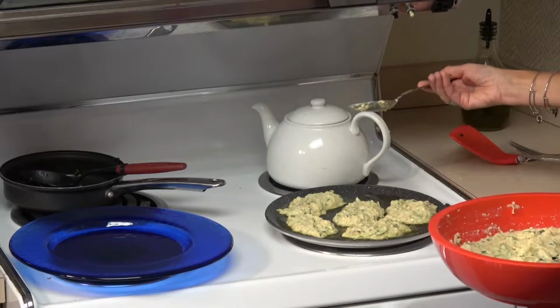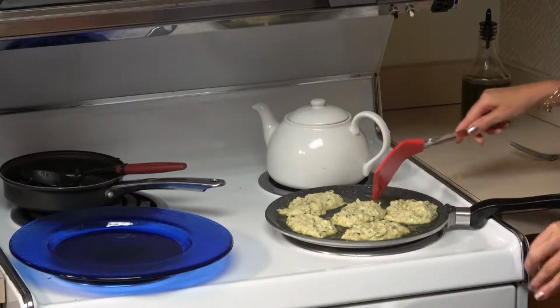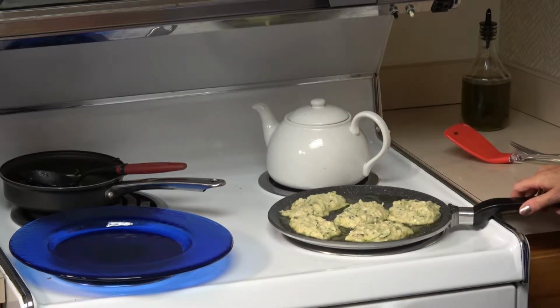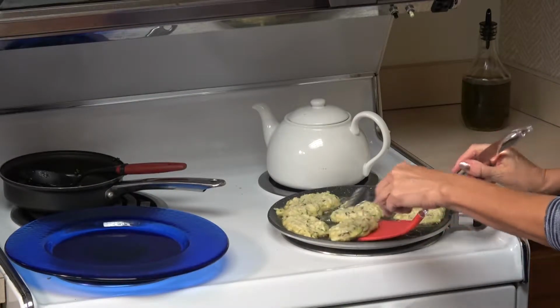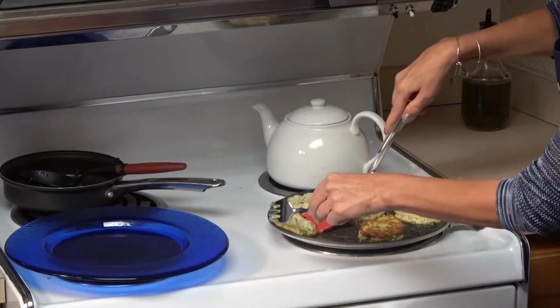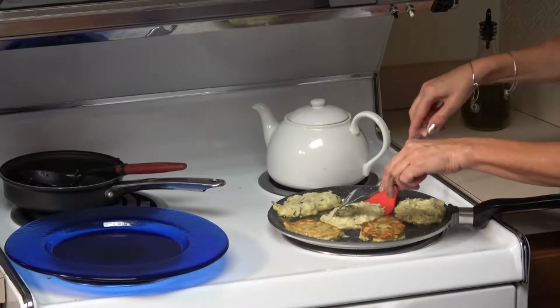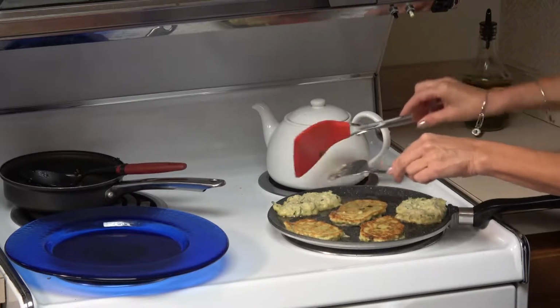I'm making them really big, but it's fine. So we'll wait until they're goldish and rising a little bit. It shouldn't be too cold, but like this. Looks nice. Looks very good. Let's see if one side is ready. Yes. Oh, the color looks great. Of course, they're better when eaten right away, but you can also reheat them the next day